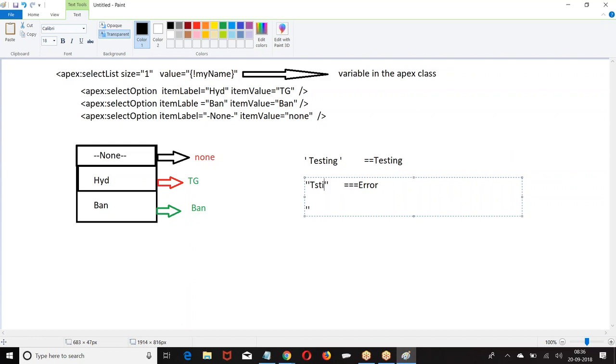But you give testing. Why? You assumed that if you give a single quote it will be printed. No. So what should happen? Slash single quote. What does it mean? End of the string, beginning of the string, end of the string. What is the next one? Slash single quote. So it is going to print a single quote followed by